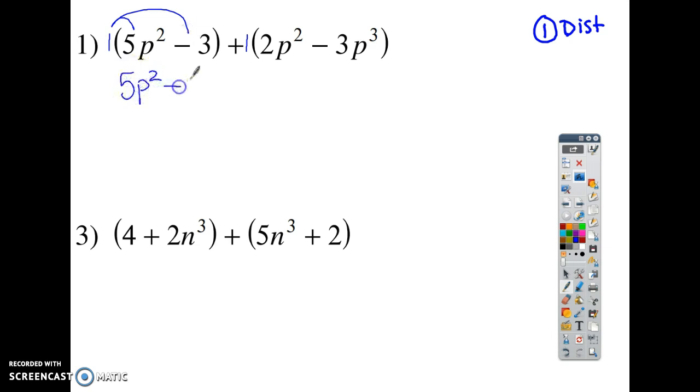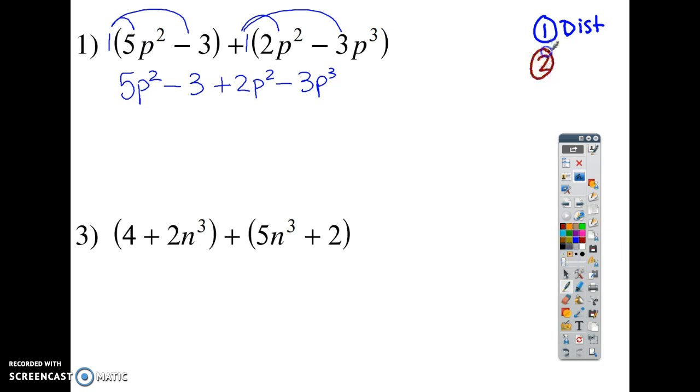5p squared minus 3. And if you distribute this 1, it gives you the same thing back because 1 times 2p squared is a positive 2p squared. And 1 times negative 3p cubed is a negative 3p cubed. Okay? Step number 2